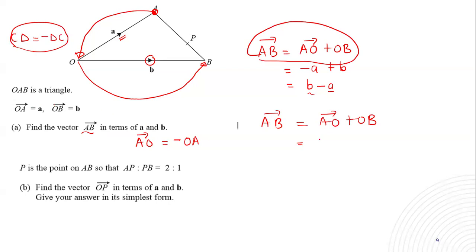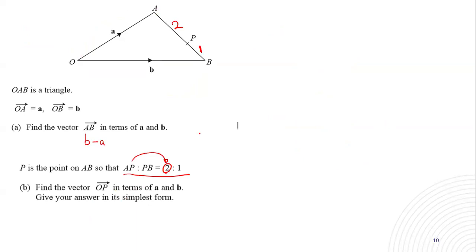So A to O is the same as having negative O to A plus O to B. So when you start with a positive, it becomes O to B minus O to A. Though I don't want people to cram this, because sometimes it will depend on the context. In some contexts, it may not work at all. So these are our parts.